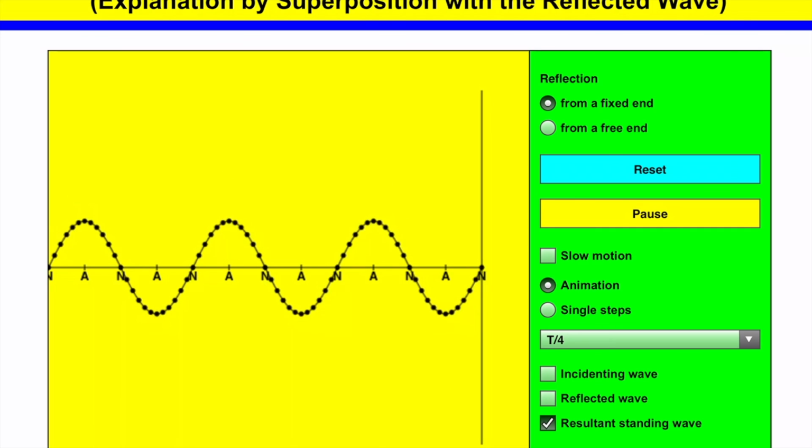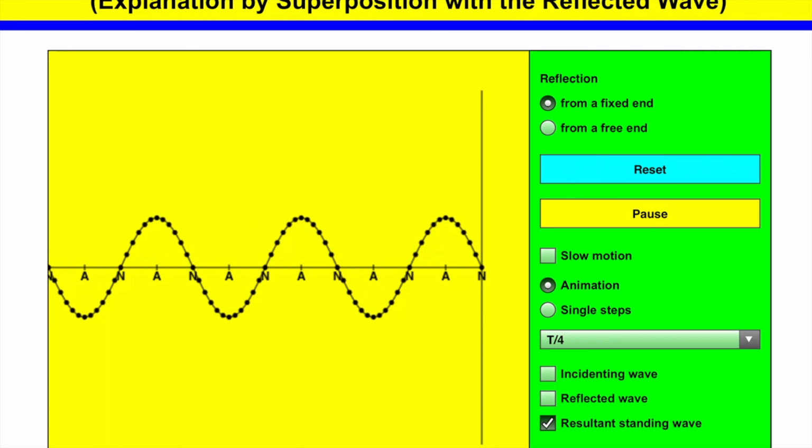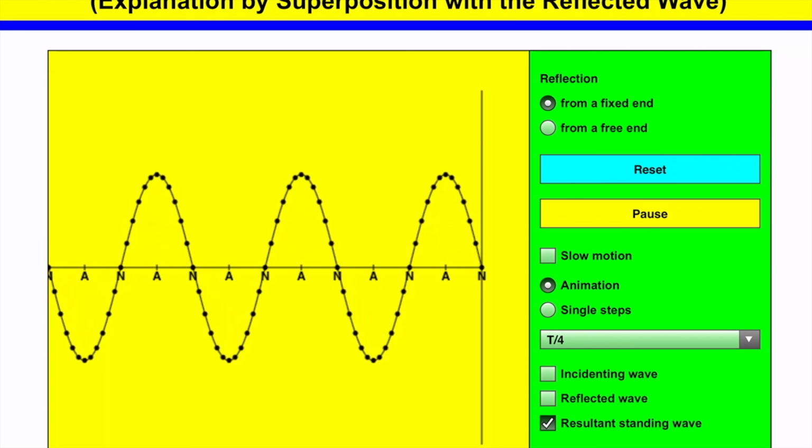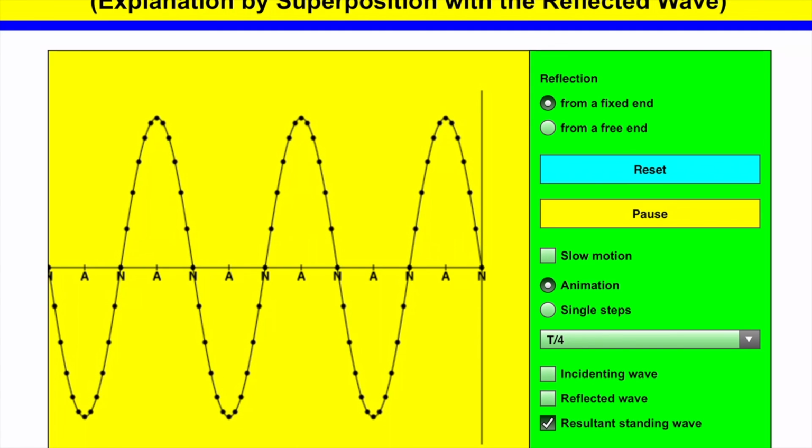In a future video, I will show you though what standing waves have to do with music and producing various notes. So we'll see that coming up, but this has just been a brief introduction to standing waves, and